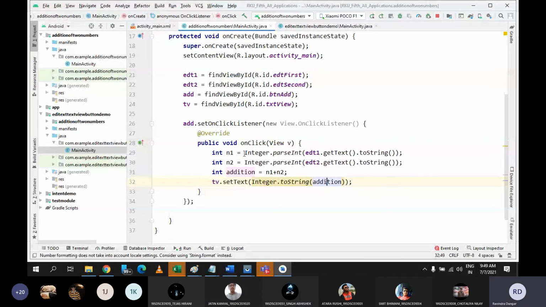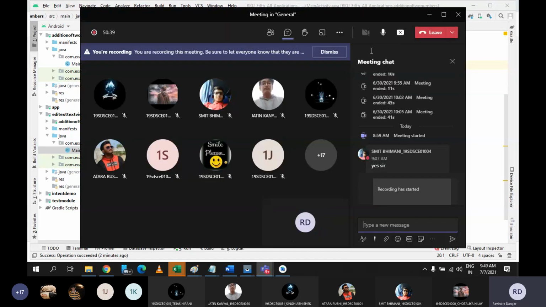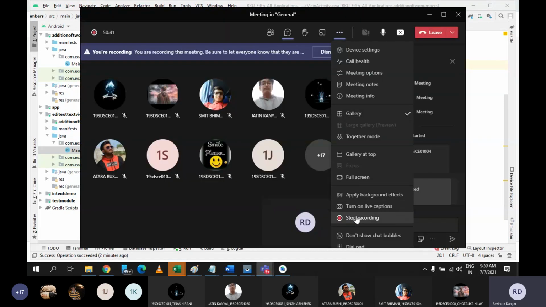Okay, great. Then now I'm going to end this session. In the next session, I will explain the concept of spinner, which is very interesting. If I want to place a drop down in my activity, once I click on the drop down menu, I should find more items, and based on the selection of an item, if I want to do something, I can do it. So that we are going to discuss in the next session. Meanwhile, if you have any doubt in this session, then tell me.